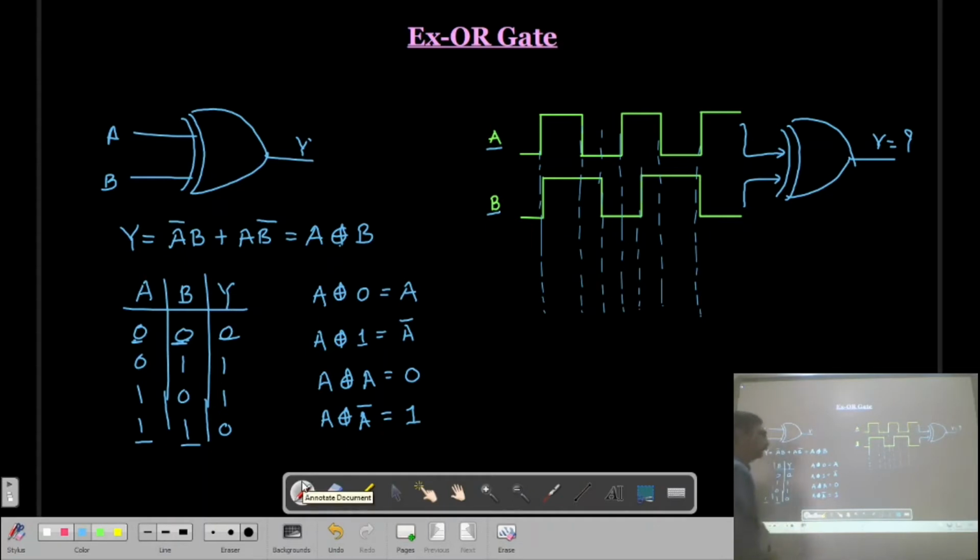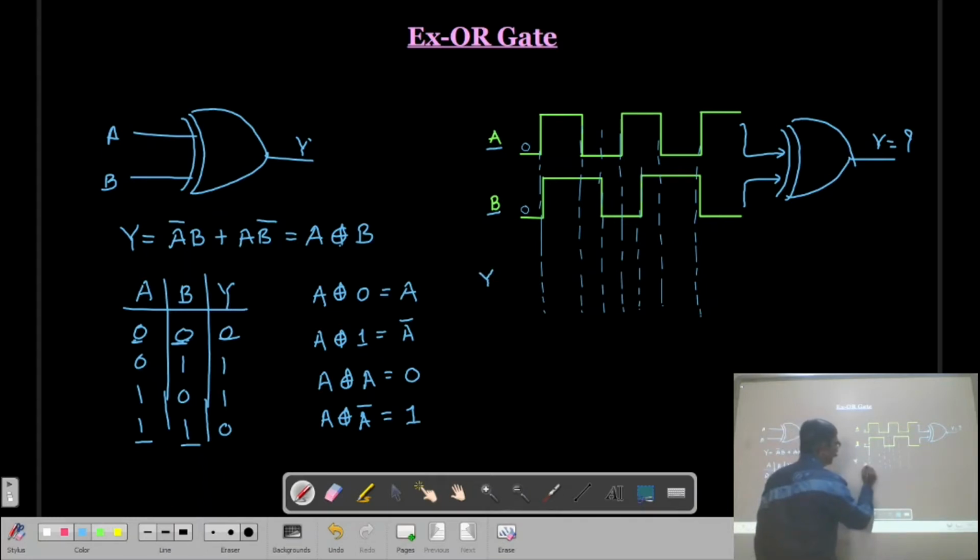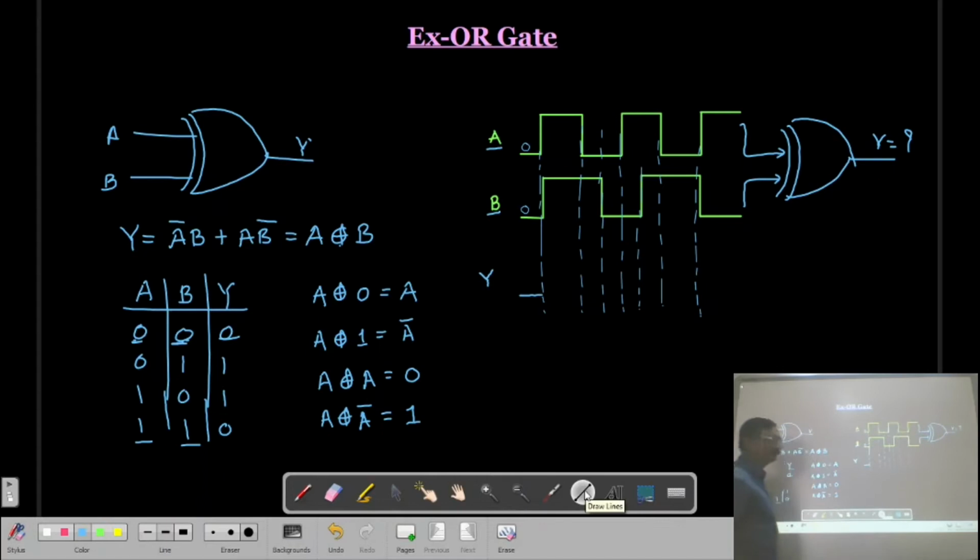Now, if you look here, A is 0 and B is also 0. For 0, 0 the output will be 0. So if I draw the waveform for Y, the output is going to be 0.